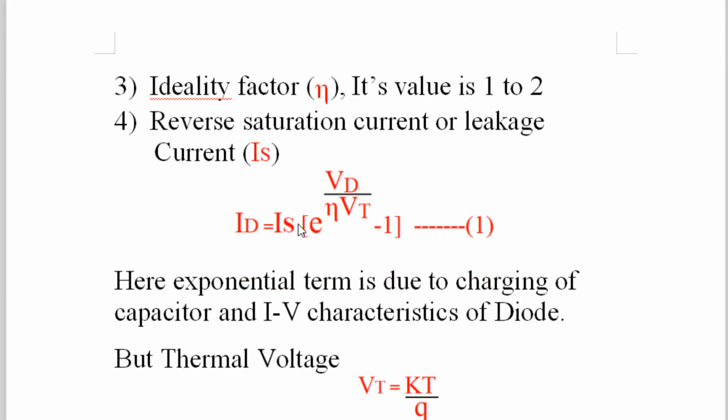IS is the reverse saturation current, into bracket, exponential e raised to Vd divided by eta into Vt. Eta is a doping factor of the diode, you can say. Vd is the applied voltage, Vt is the thermal voltage. So if you substitute this thermal voltage as this value,